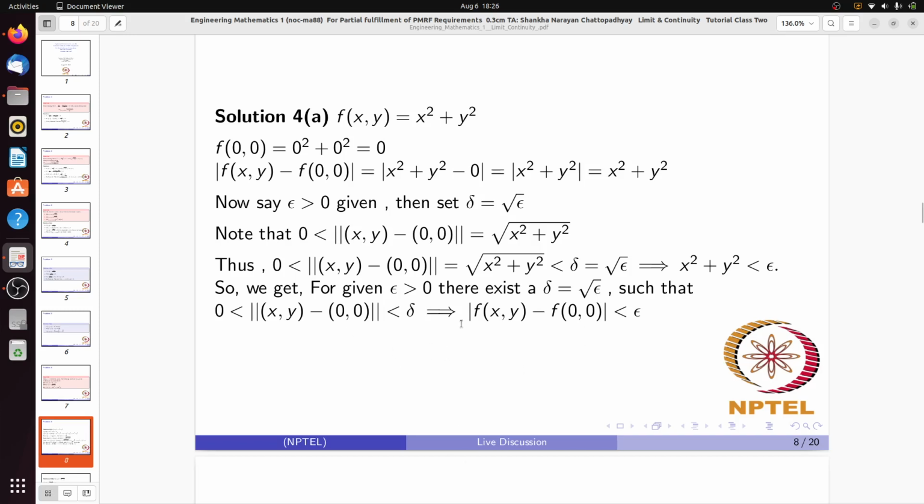So the epsilon delta definition is satisfied from here. It is very easy. To prove continuity or limit, the concept is the same. For continuity, instead of some given constant L or m, we just take the functional value f(0,0). But in a limit, we have no idea about the functional value. So for continuity, we have to put that f(0,0). Okay, so we have the proof.